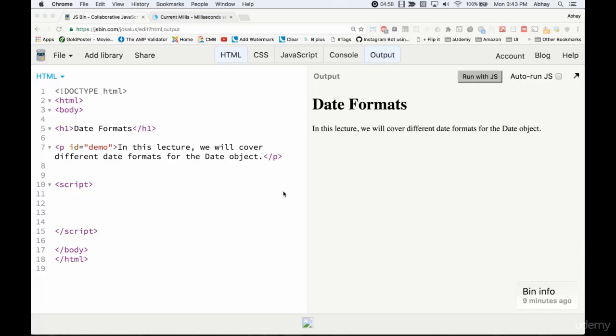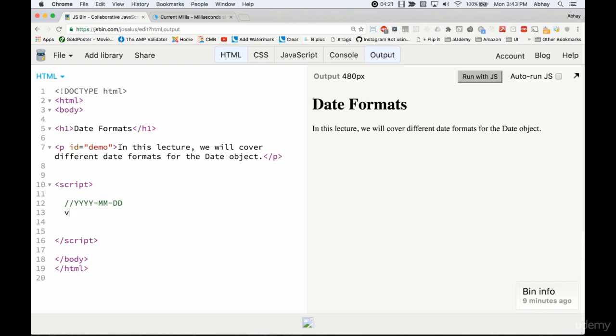Hi everybody, in the previous lecture we saw how to create date objects and there are four different output options. So let's also see how we can create date objects using a specific format. Now there are four different formats industry-wide that we use. One is the ISO date, which is of the format YYYY-MM-DD. This is the ISO 8601 international standard for representation of dates and times, and it's also the preferred JavaScript